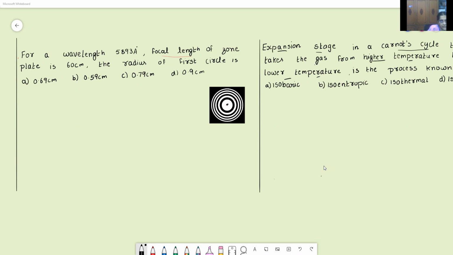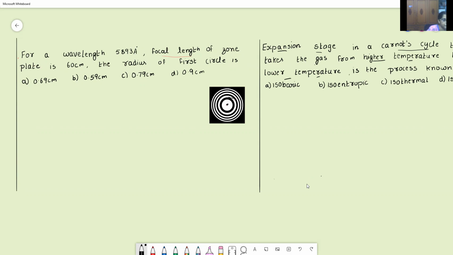Now a zone plate is like this. It has concentric circles, and the alternate concentric circles are darkened. Light passes through the bright regions, and in the circles where it is darkened, the light does not pass. So all these rays coming from the white regions will focus on one point, hence we